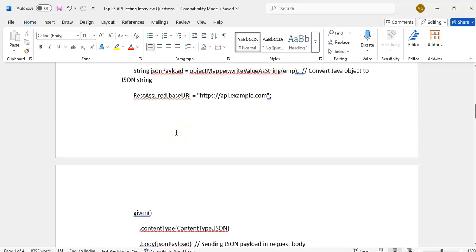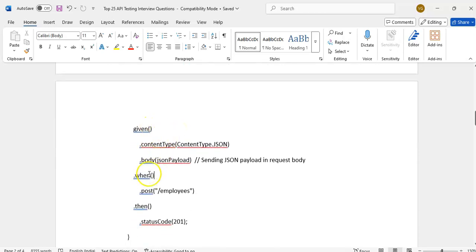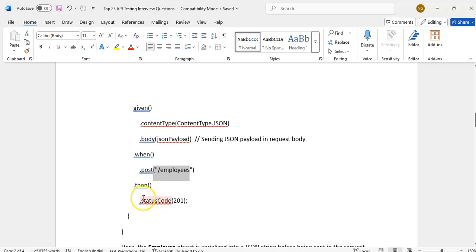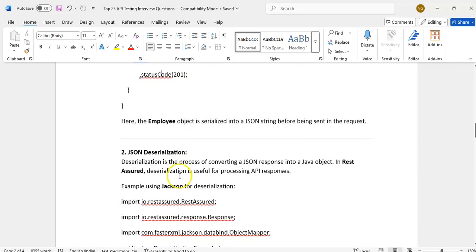Given is the content type as JSON and the body. When means the action, here a post action with the resource URL. Then the status code we are expecting is 20. Here the employee object is serialized into a JSON string before being sent in the request.